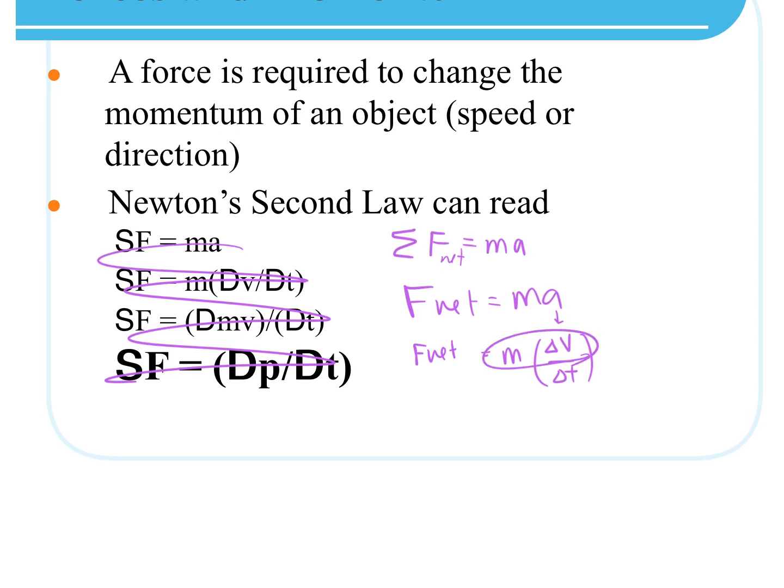Mass times velocity looks like what? Momentum. So now we can say the net force is equal to momentum divided by time. Okay, we kind of wiggled our way through a derivation here of equations to go from Newton's second law, which is this one. Worked our way through what is acceleration really, right? It's a change in velocity over a change in time. And then I know that this looks like momentum. So essentially, my net force can be equal to the change in momentum over change in time.